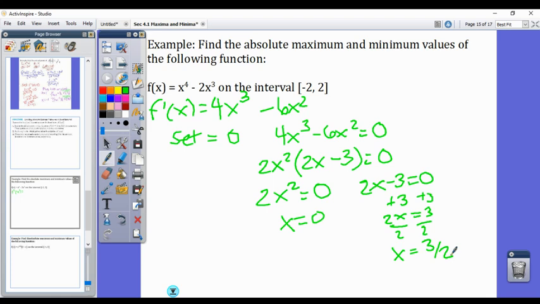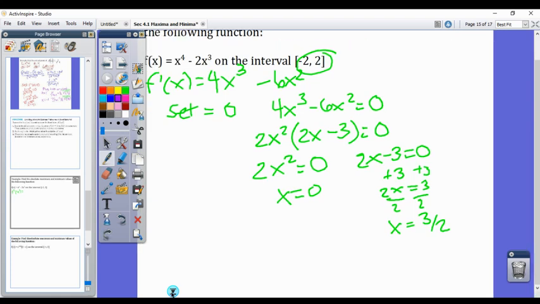So then I'm going to take these 2 points, and I'm also going to use these 2 points to evaluate my function to find the absolute max and min. Okay, so there are 4 total numbers that I have to deal with. x equals 0, x equals 3 over 2, x equals negative 2, and x equals 2. And I'm getting these last two from the interval, okay? So if I plug in 0 to my original function, 0 to the 4th power minus 2 times 0 to the 3rd power, I'm going to get